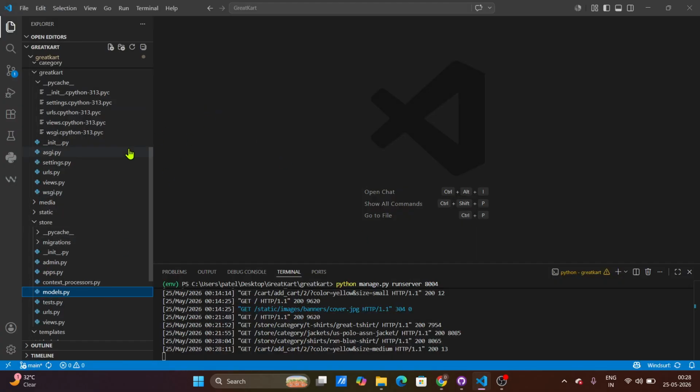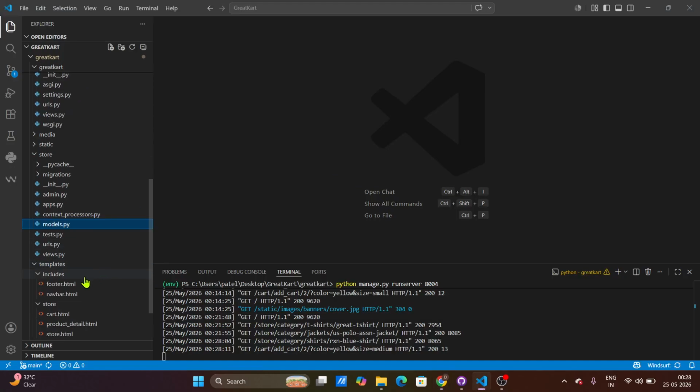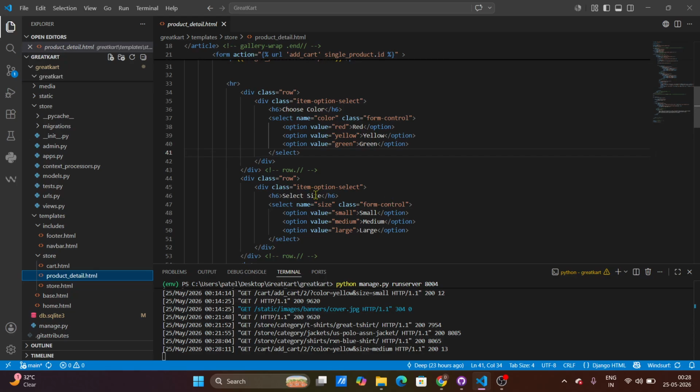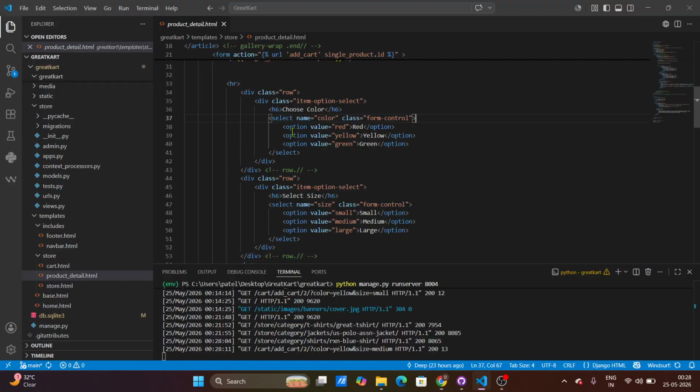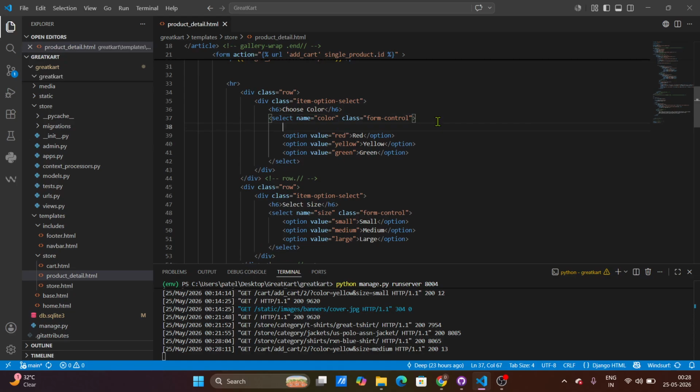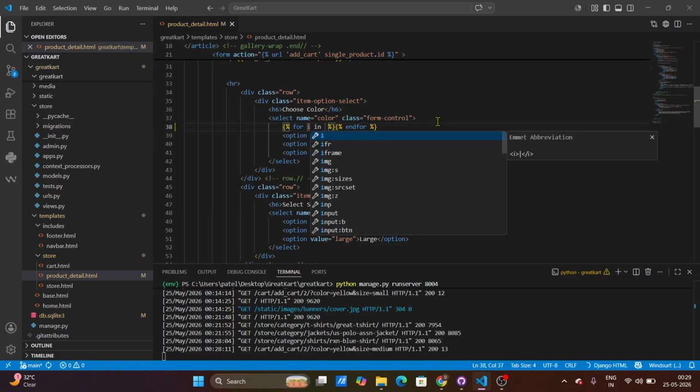Okay, so let's go to our product detail page. Inside this product detail page, we want to make these options dynamic. So we will use a for loop here. Let's go here, just below this select, and use a for loop: for i in